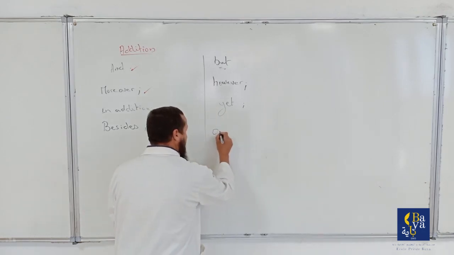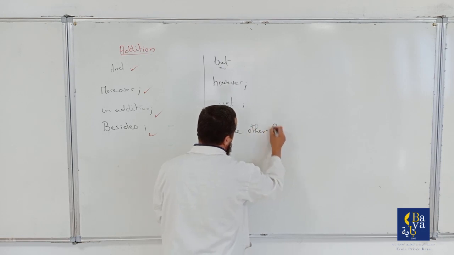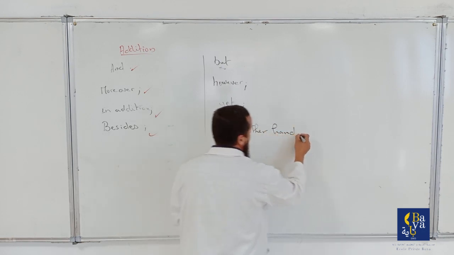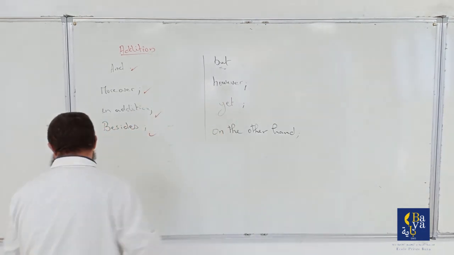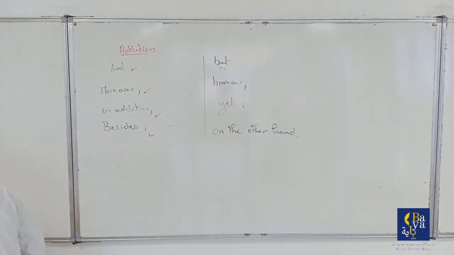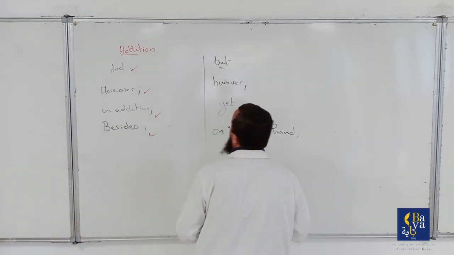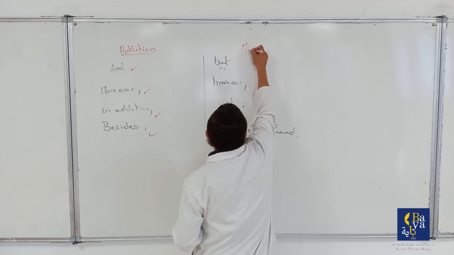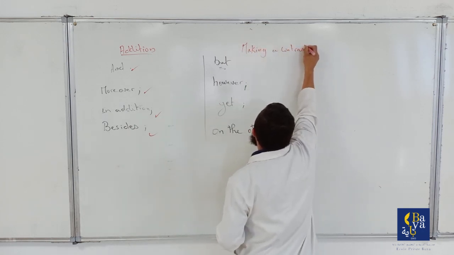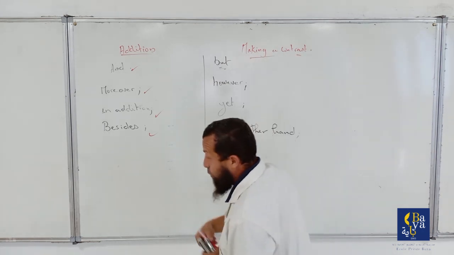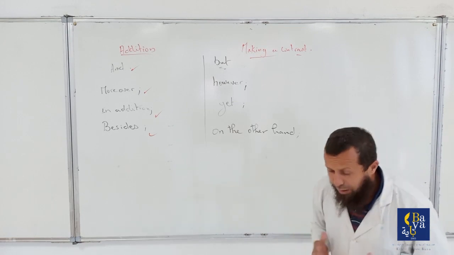On the other hand. Here we have three. This is what we use for making a contrast, making a contrast. So, what I want you to do is when you are writing